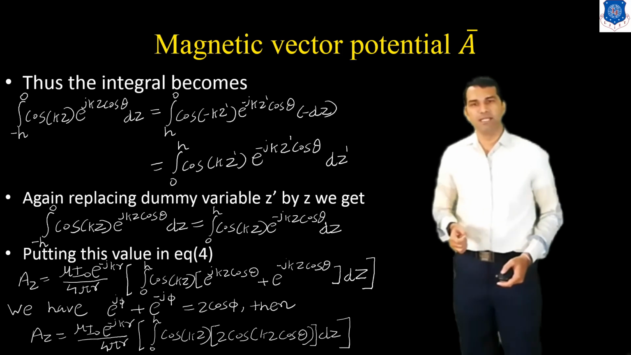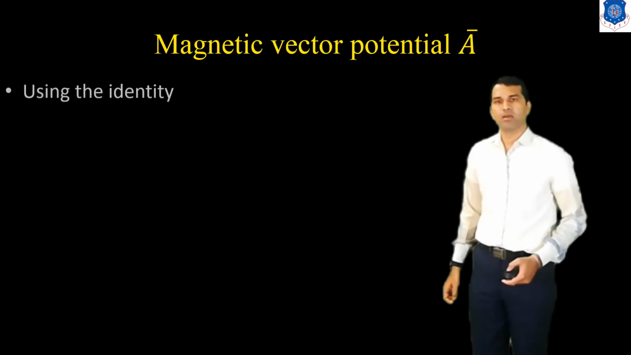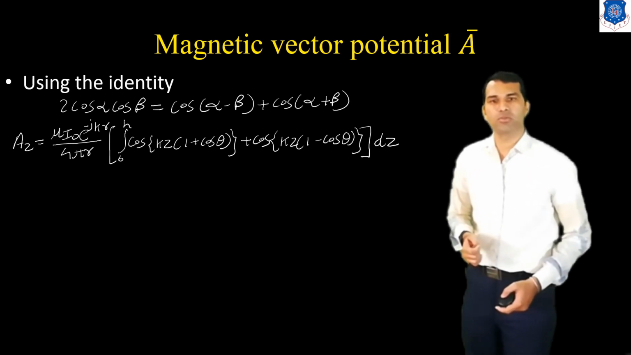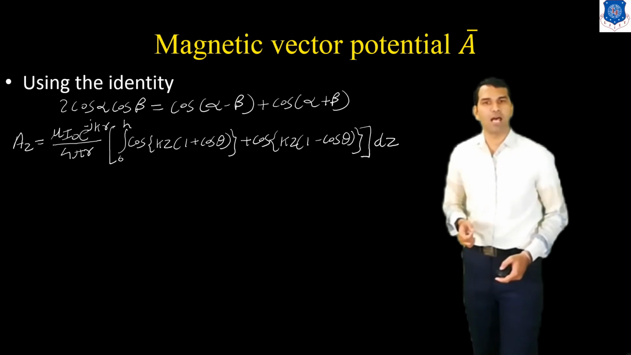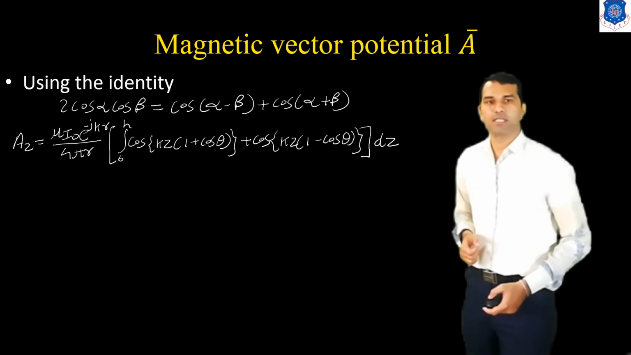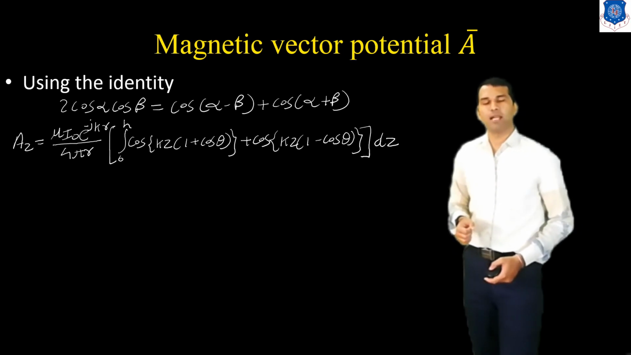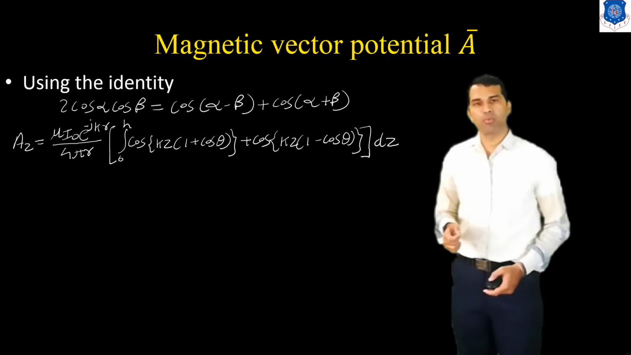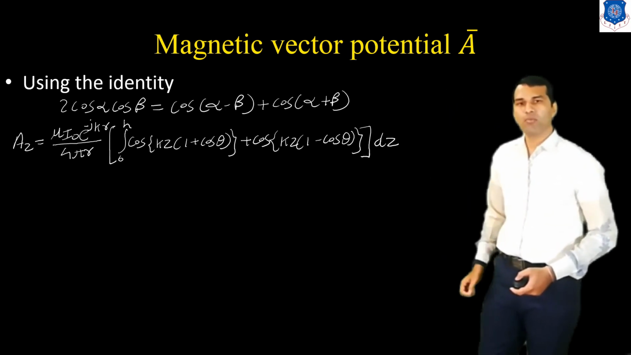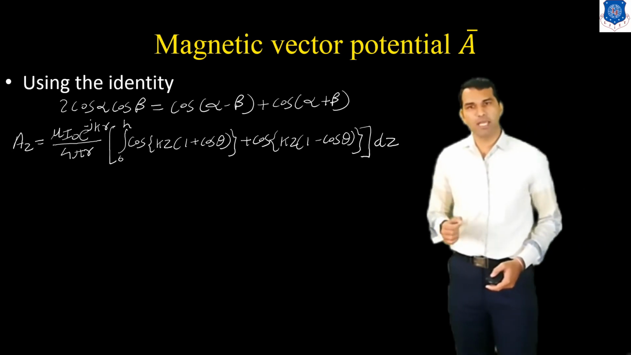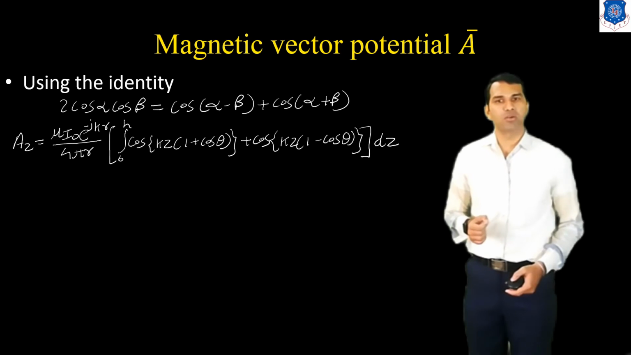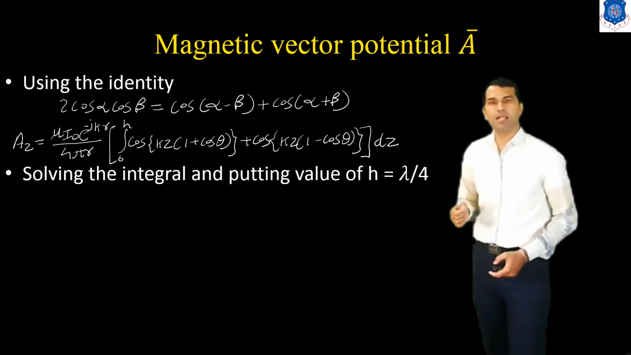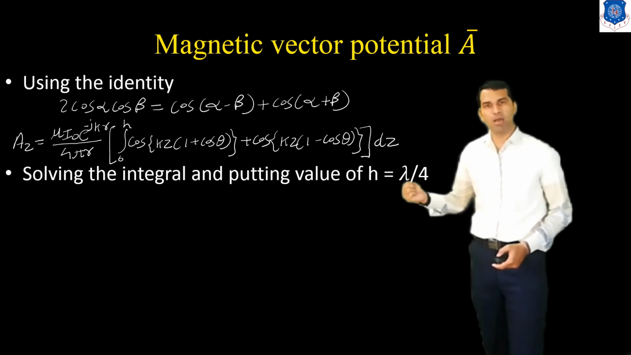cos kz cos theta dz. So using the identity 2 cos alpha cos beta is equal to cos alpha minus beta plus cos alpha plus beta, we know this equation. So now we use this identity. It becomes Az equals to mu I0 e raised to minus jkr upon 4 pi r, which is the common term, integration 0 to h cos kz (1 plus cos theta) plus cos kz (1 minus cos theta) dz. So solving the integral and putting the value h equals to lambda by 4 in this